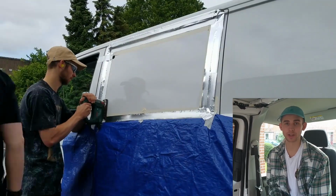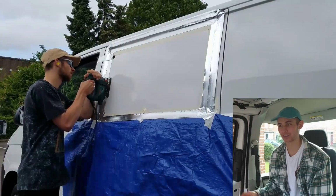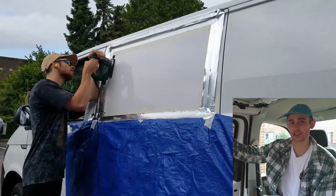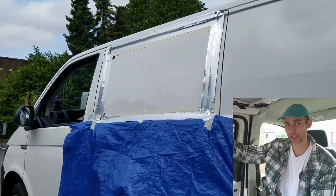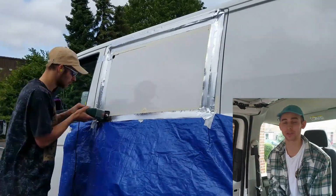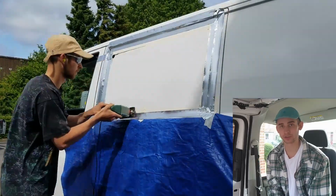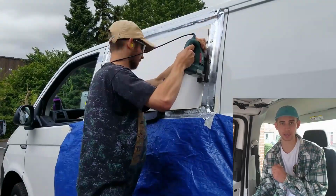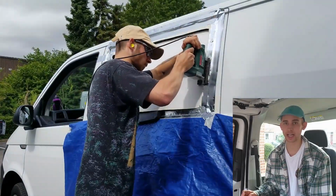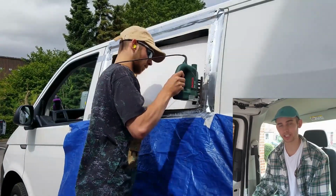I had a proper metal blade, and when I came to the parts where the stringer was, I just had to make sure that I was actually going in the same line, because otherwise I would have broken the blade. So once the whole thing was almost removed, I just made sure that I was pulling it outwards just so it wouldn't fall, and then any excess bits that were left over, I then used the jigsaw again to cut